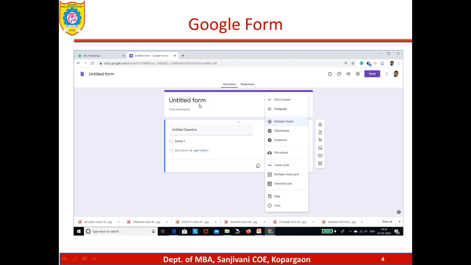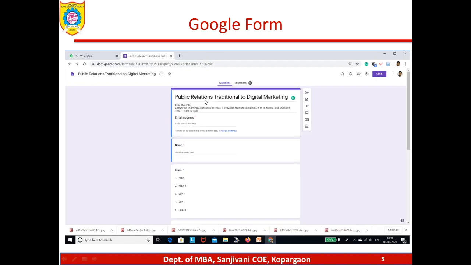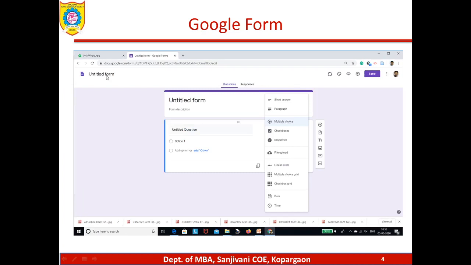Here you can give a title to your form, like a survey, or a marketing topic such as advertising, or consumer buying behavior. Whatever survey form you have to prepare, you just give it a title. Enter the title here and it automatically appears over here, so there is no need to type it again. Under form description you can describe what exactly the form is and why you made it. And then there are the questions.